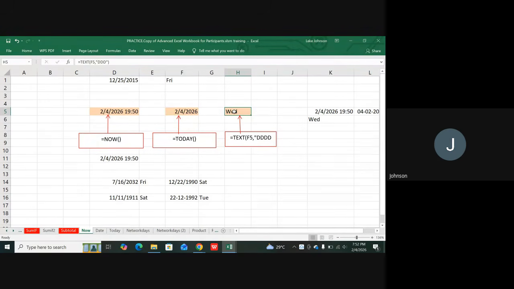So we now come here, when I say equal to text, we now go and select the place where